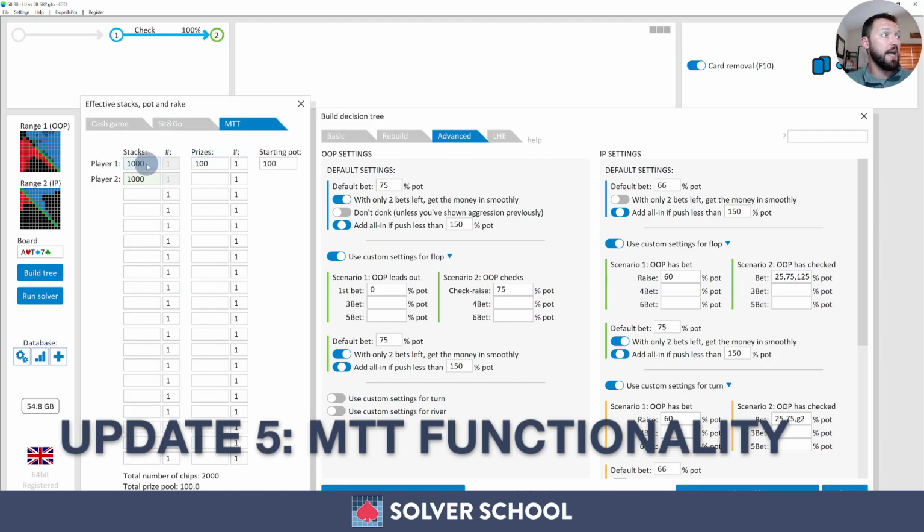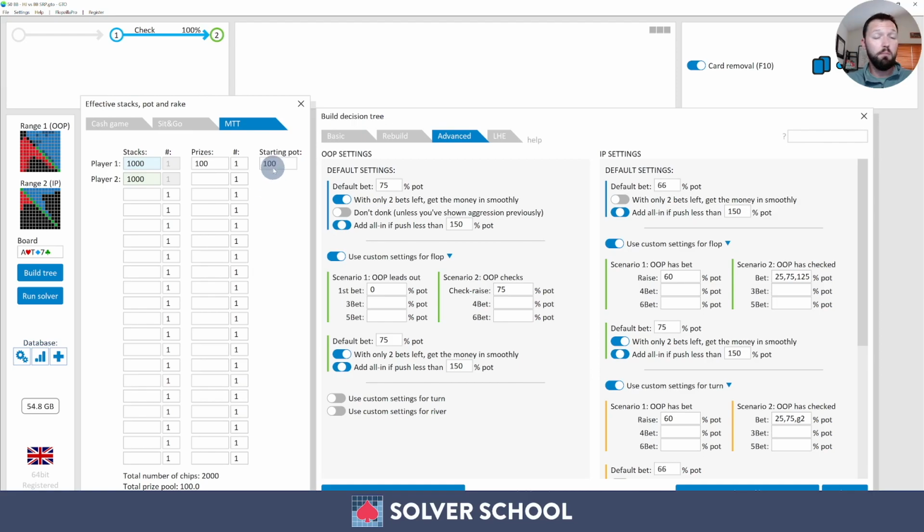So GTO Plus has added much more ICM components. So they've added ICM components to be able to really take those calculations into account when you are solving your game trees. If you're familiar with ICM, the independent chip model, it's really a tournament-specific concept that demonstrates